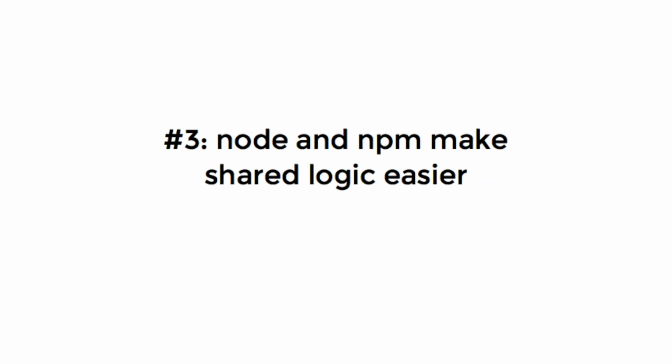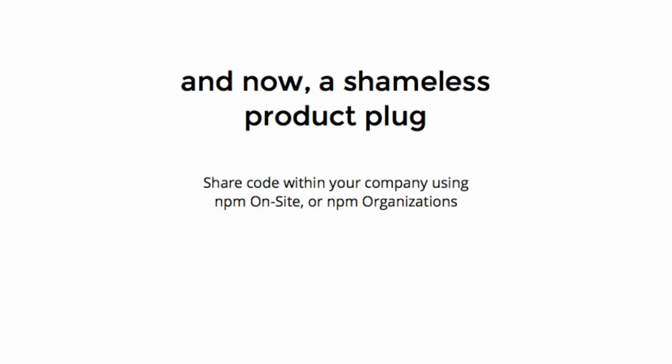But finally, the big reason is that shared logic is easy in Node. And the reason that shared logic is easy in Node is because, not to toot my own horn or anything, because of NPM and because of the Node module loader. So part of the reason that Node has small modules is because small modules are easy in Node. And the reason small modules are easy in Node is because of NPM and the module loader and the way that they were built at the same time with the expectation that they would both be there.